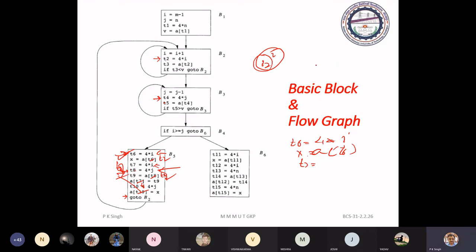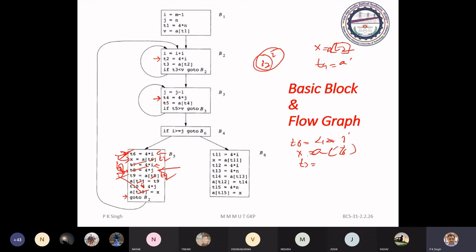So what you will have? Just see. Now your x equal to T2, this line, this is removed, this is removed. T9 is, x is equal to AT2. Okay. And this very line is T9 is AT4.